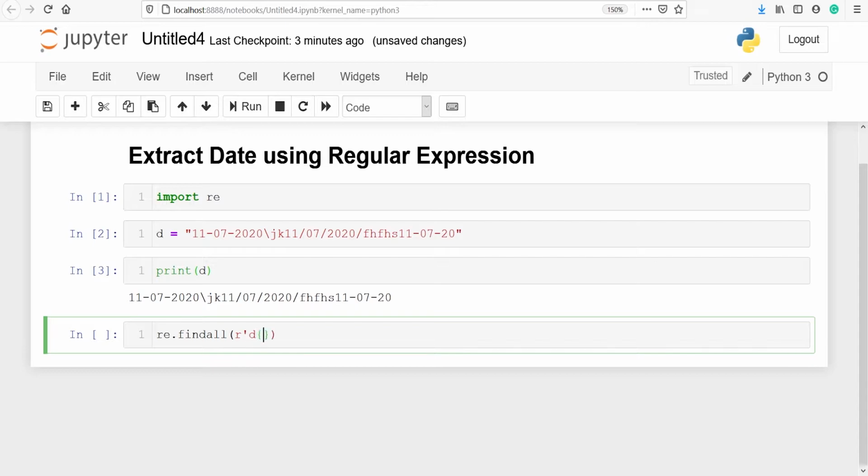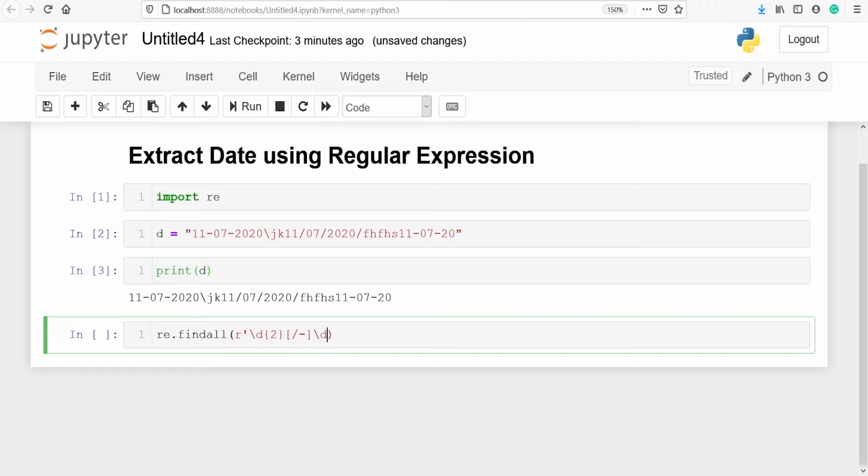The pattern is, it should contain two numbers because we have two numbers here, 11. So I am writing that it should contain two numbers followed by a backslash or dash, because after two numbers we are having a dash, or here we are having a backslash. Then again I will write \d, which stands for digits or numbers.